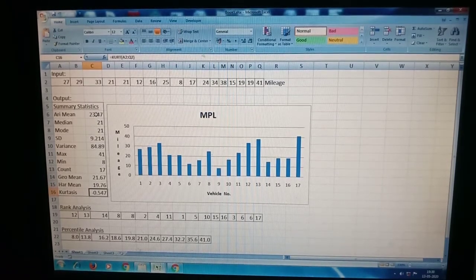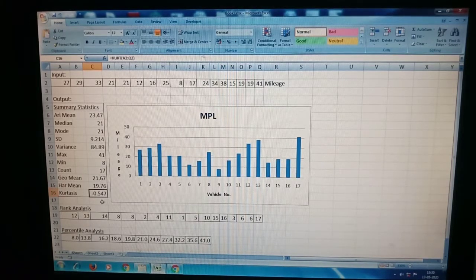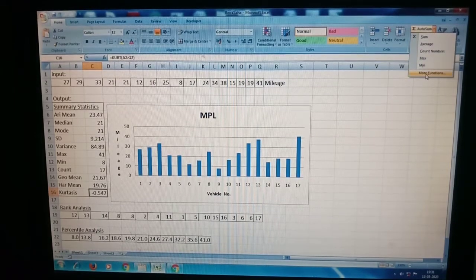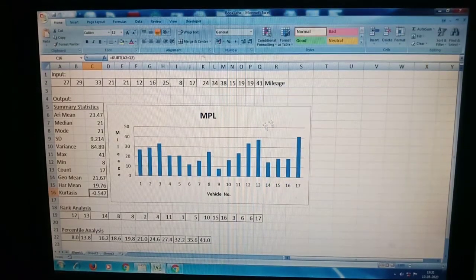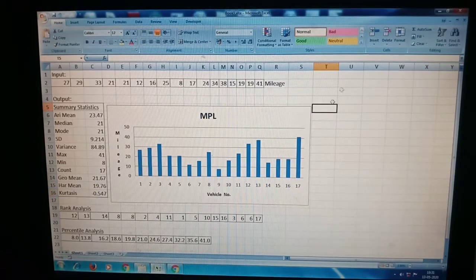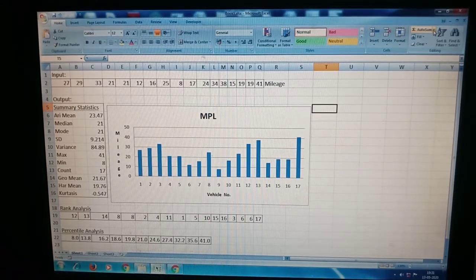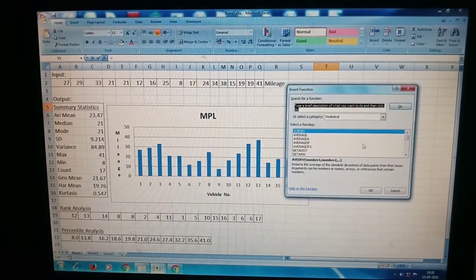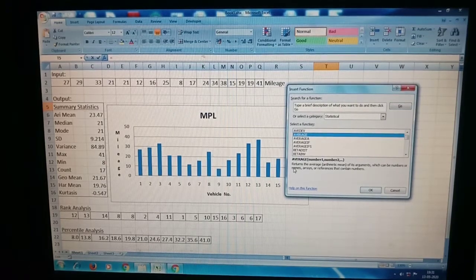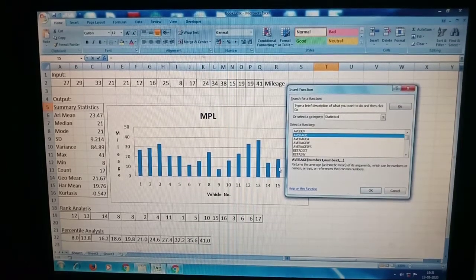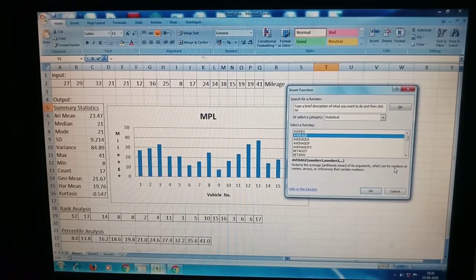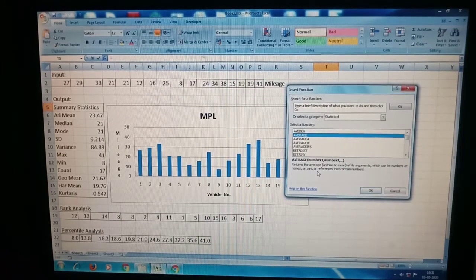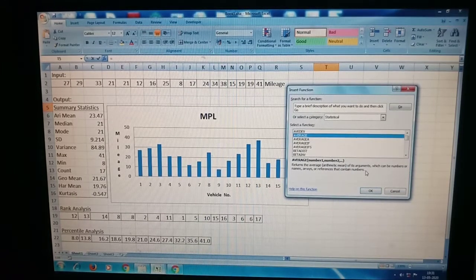I will tell you now how to use these functions. Come here, click more functions. For example, you want to find the average, click here. It will show you the general format and explanation here. It returns the average of its arguments, which can be numbers or names, arrays or references that contain numbers.